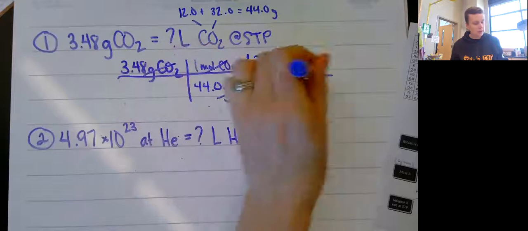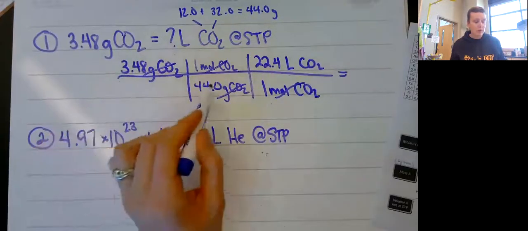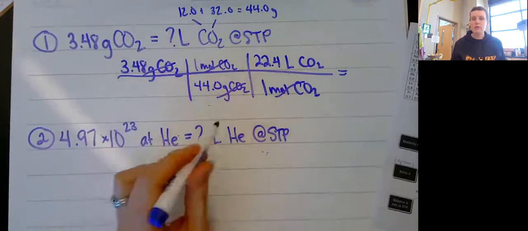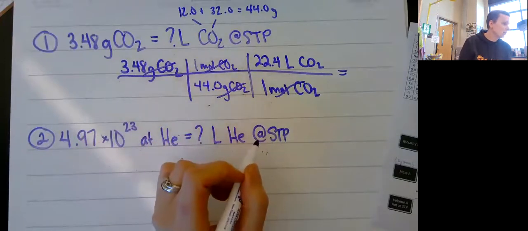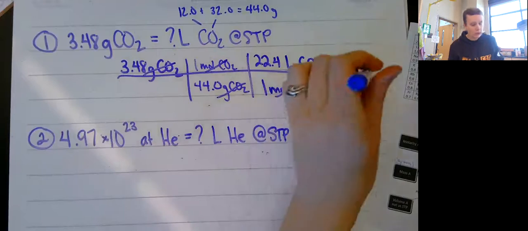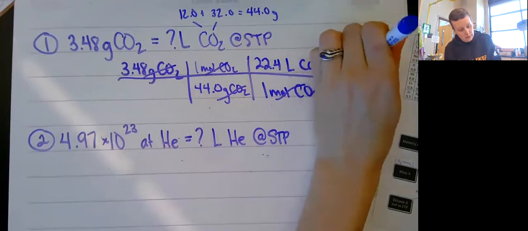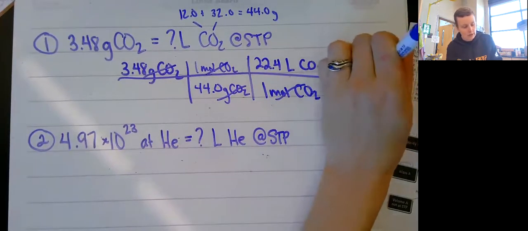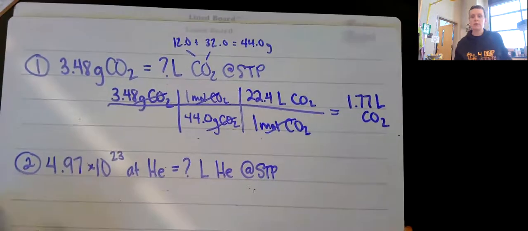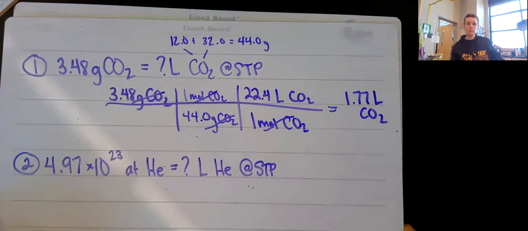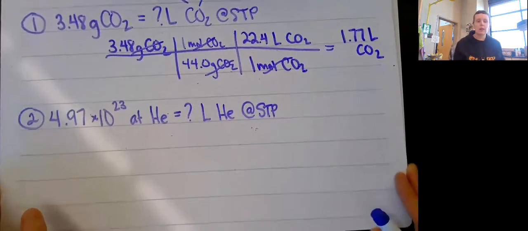Cancel those out. We're going to divide by 44. We're going to multiply by 22.4. Everything has 3 sig figs. So this will end up being 1.77 liters of CO2. 1.77 liters of CO2. All right. Next one,